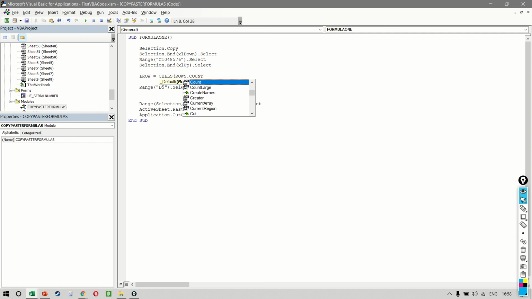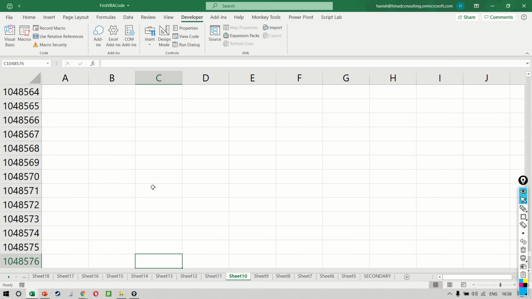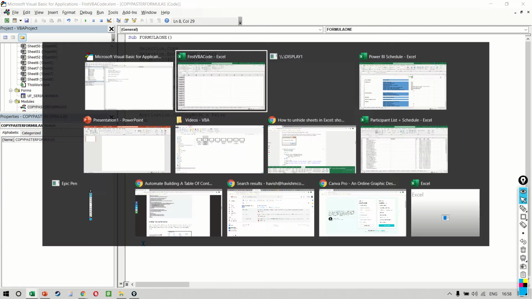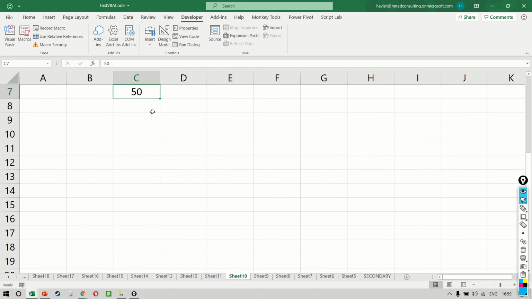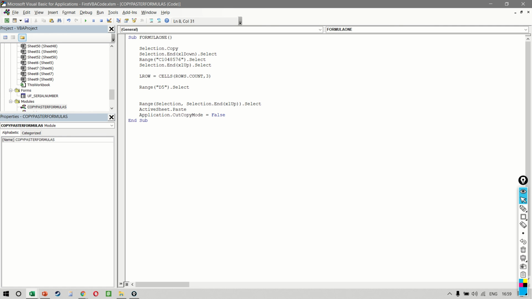Remember, Rows.Count is the total number of rows that you have in Excel, which is 1048576. And which column are we looking in? We are looking in column C, which is number 3. So we'll select column number 3. And then I want to do an End xlUp because we want to do a Control up, dot Row.